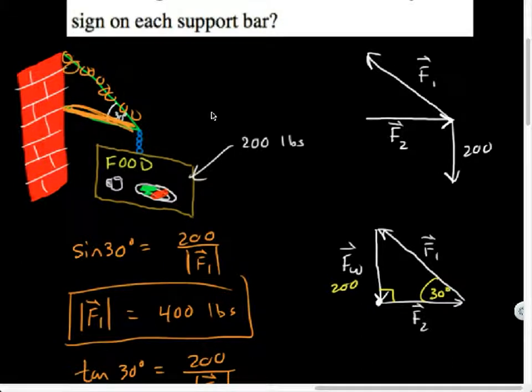Chains can't be under compression, right? If I push on that chain, it's just going to crumple together. That's not going to be helpful. But since it's under tension, the chain will stay in its longest form and be able to sustain that force. So I just want to point that out. You can eventually figure out even that and be like, oh, so I just need a chain that can sustain 400 pounds, and then I need some sort of beam that can handle compression of